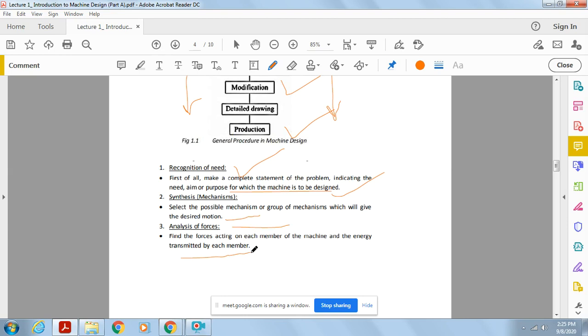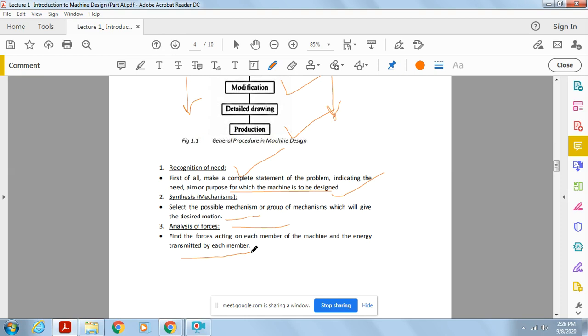Now suppose the driver gear is connected to one shaft and another shaft is connected through the driven gear. So obviously there must be some transmission of power from the driving shaft to the driver gear, then driver gear to driven gear, and at last the driven gear to shaft 2. So power is transmitted from shaft 1 to the driver gear, then the driven gear, then shaft 2. This particular path for transmission of power has to be necessarily analyzed.